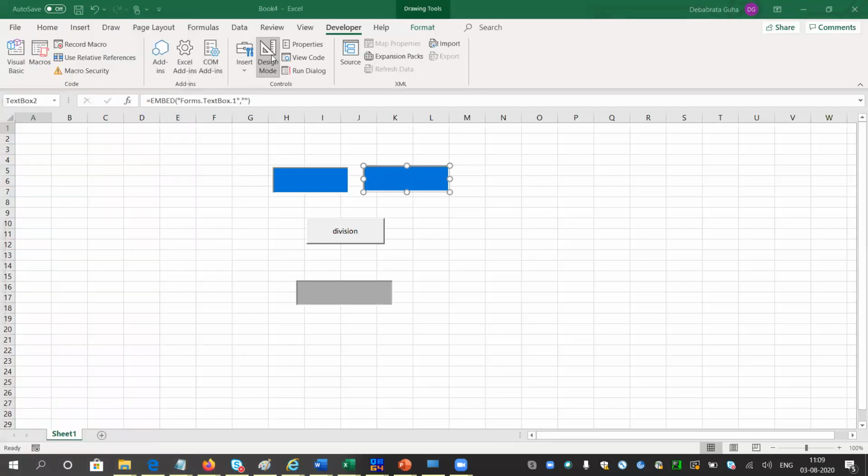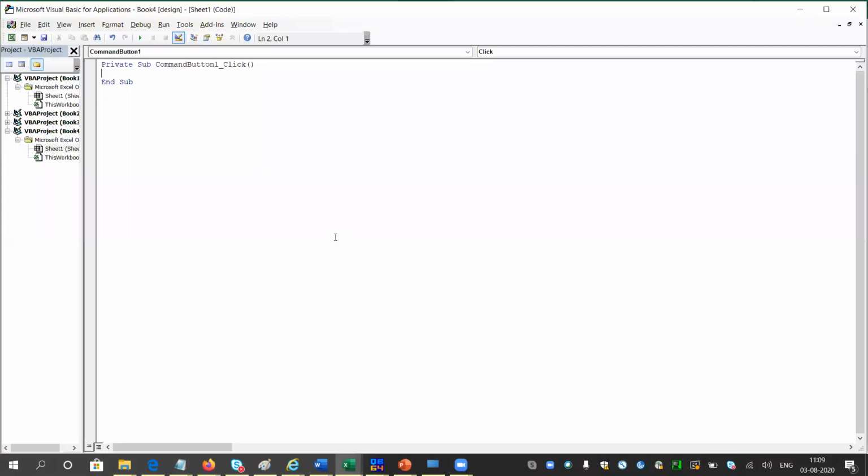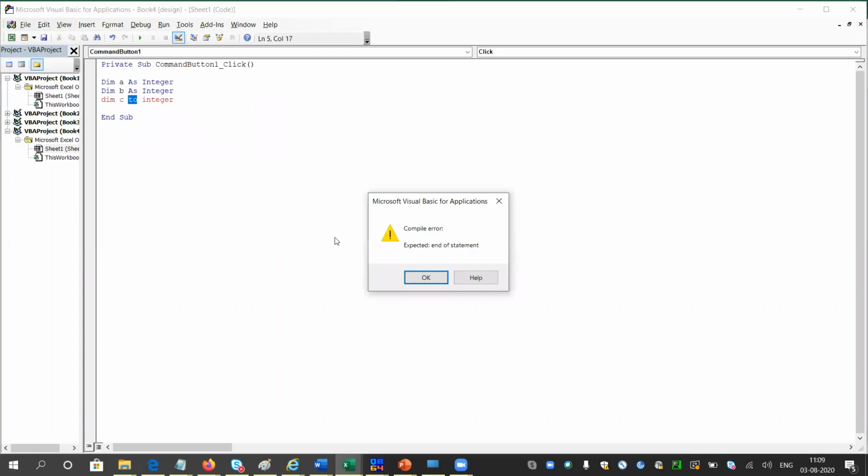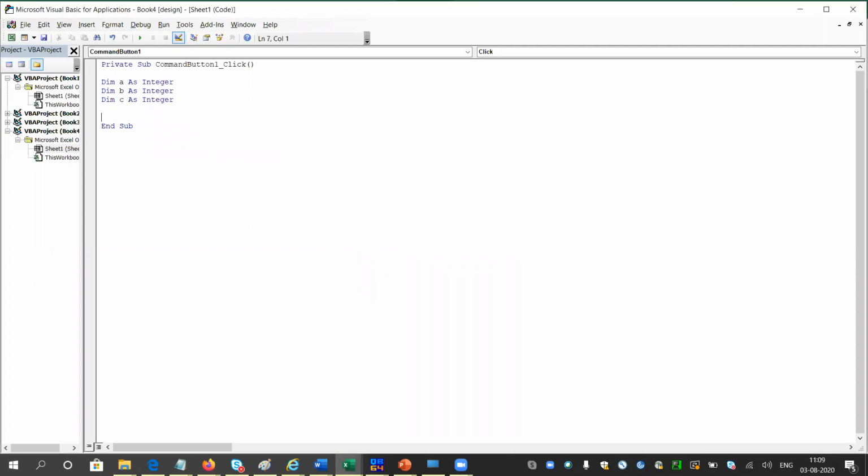If the design mode is off, you can just click on the button. But if the design mode is on and you click on the button, you will directly go inside the code. This is Visual Basic coding, and you do not need to learn it. Just check what I am doing and what is necessary in the real world to learn if. I am going to show you the exact use of if. Then I will move to the coding of QBasic.